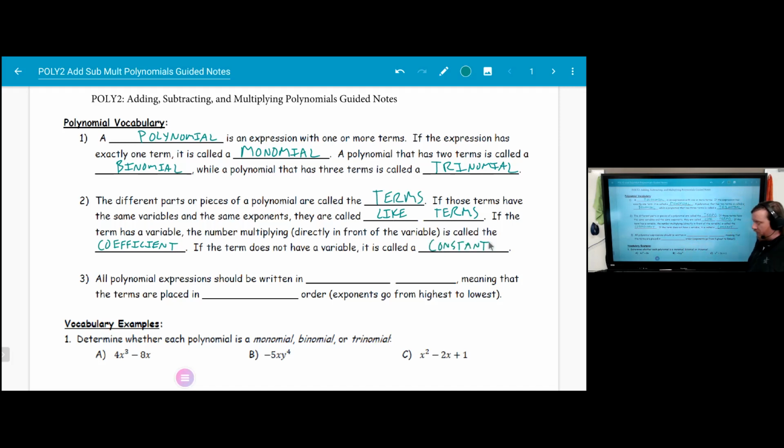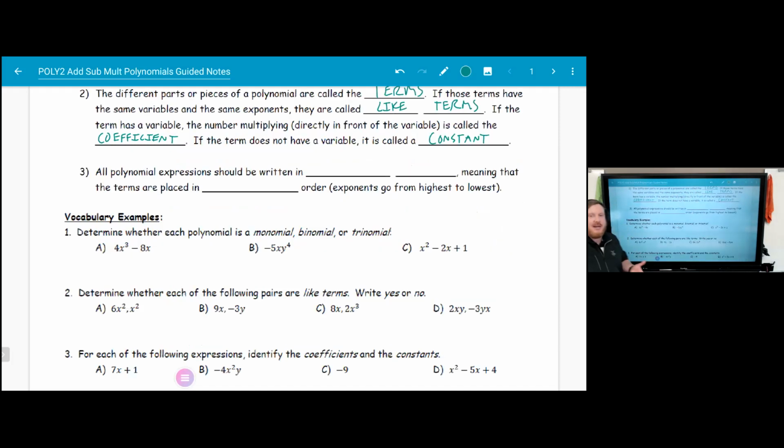So those are our first two things. We got polynomials. We talk about some term stuff. That should be from Algebra 1 and from middle school. And then all polynomial expressions, we like to write these in what's called standard form. Standard form. Meaning that we place the terms in descending order. So the exponents go from the highest exponents to the lowest exponents. So descending